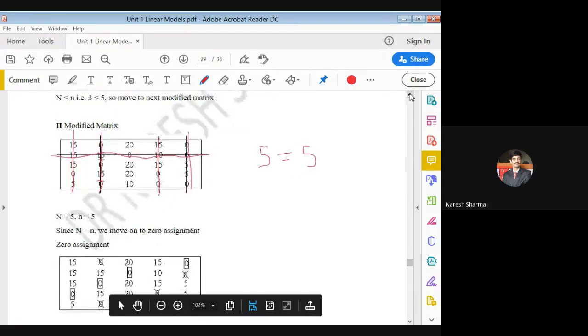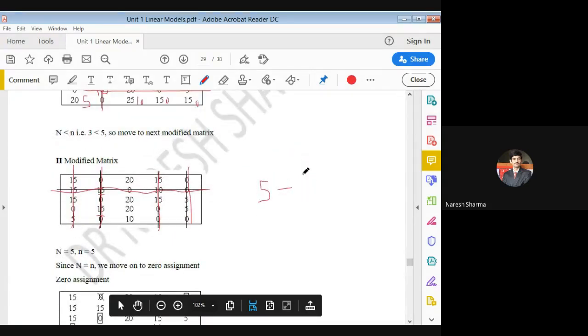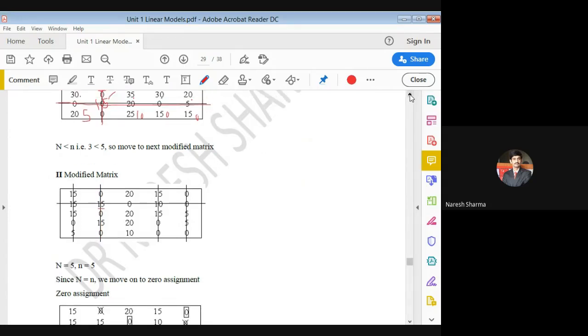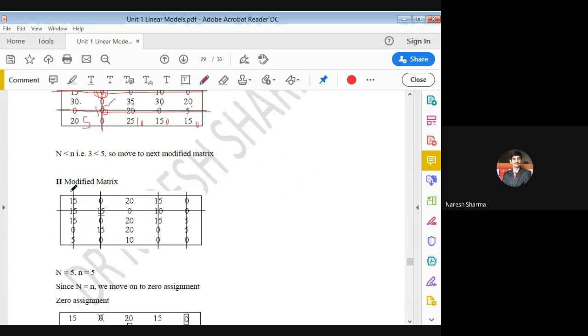So how do you do that zero assignment? Now you again make this matrix. I'm just assigning the zeros in the same one. In the problem, when you do that, you make a fresh table, please. Here we have two zeros in the first row, leave it. Second, we also have two zeros, leave this also. Third, we have only one zero, so mark this box, and the corresponding column zeros, you just cross those. Now go for the fourth, we have two zeros. Go for the fifth, we have two zeros.